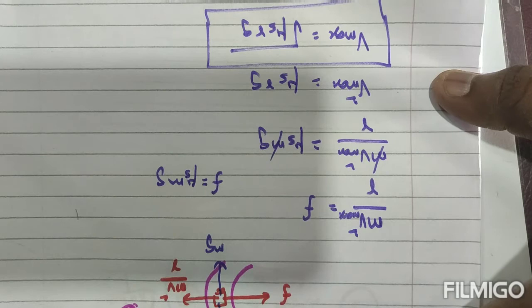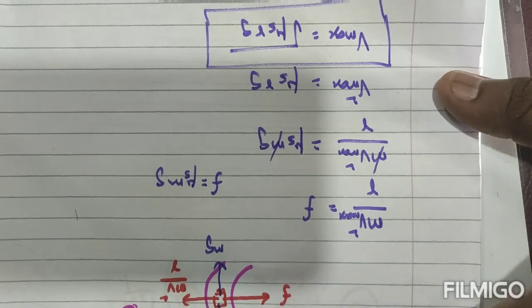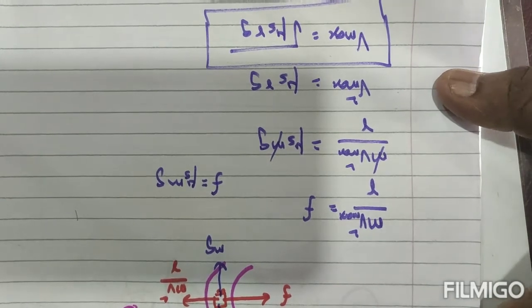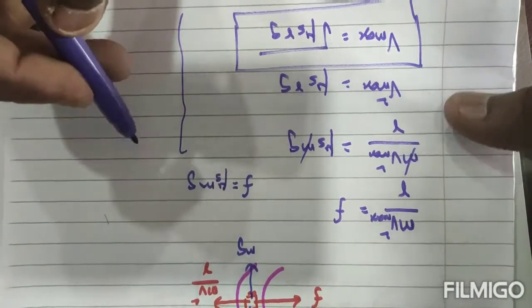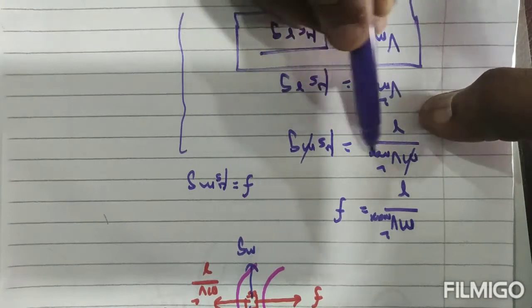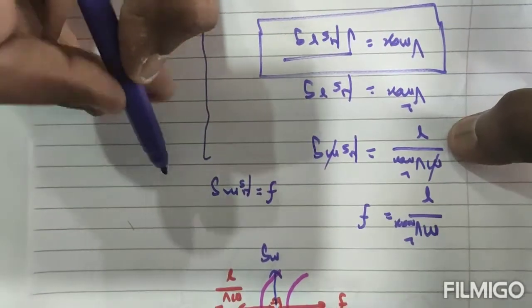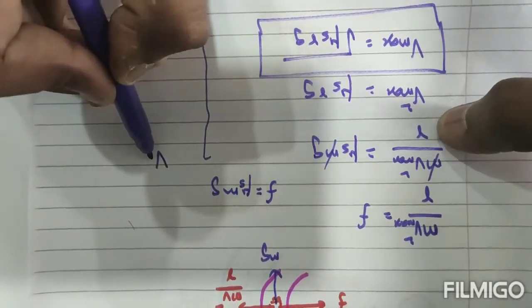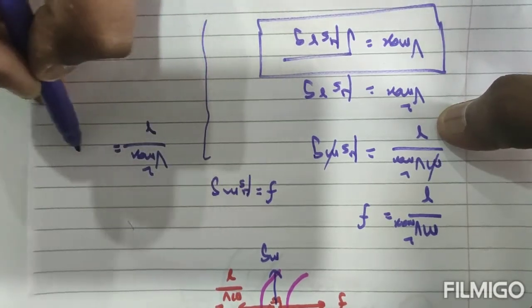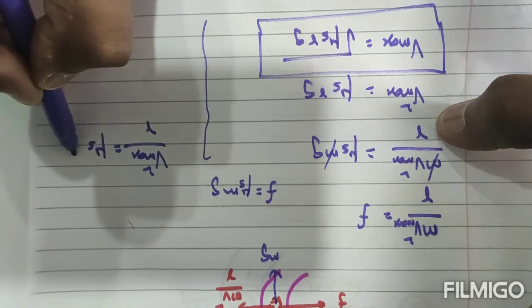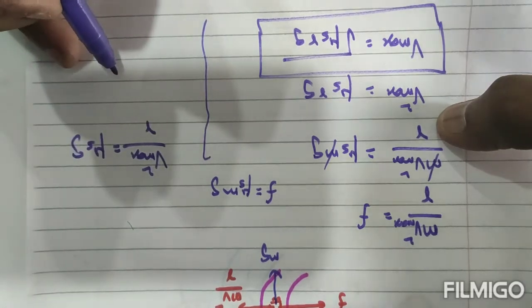Okay students, one more thing I want to say. Let us consider the r value, that is the radius of curvature. See that in this derivation, I can write one more time, the m value cancels, so the remaining is v max squared divided by r is equal to mu s into g after cancelling m.